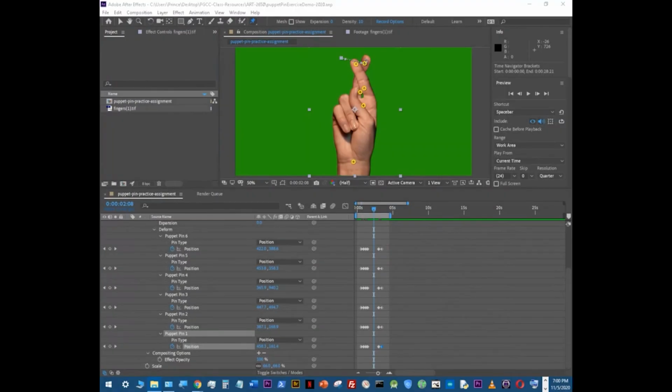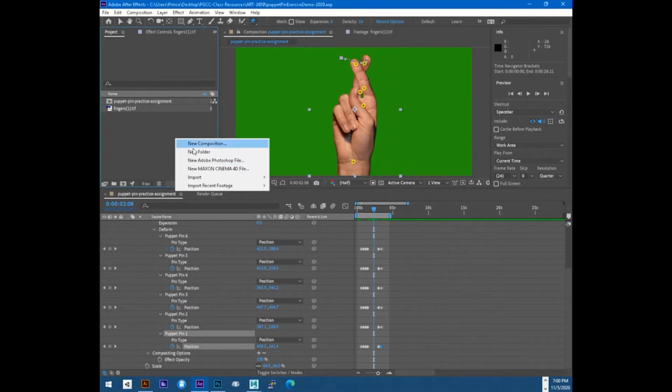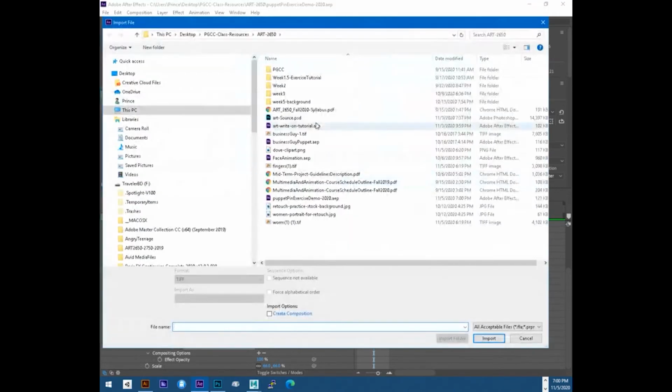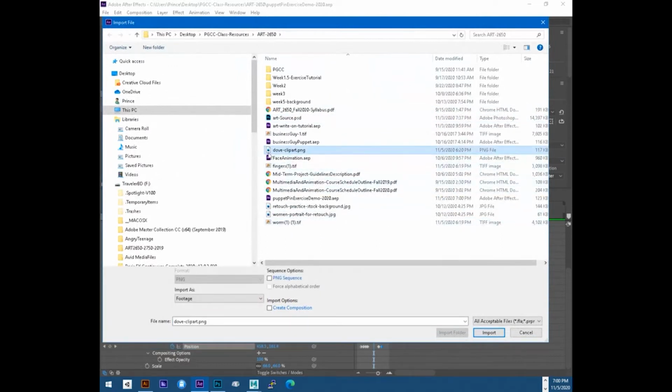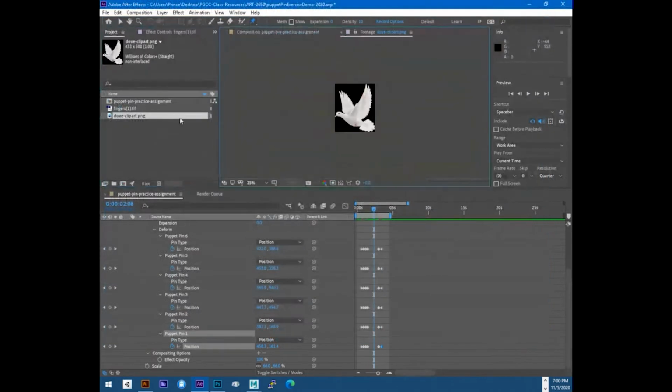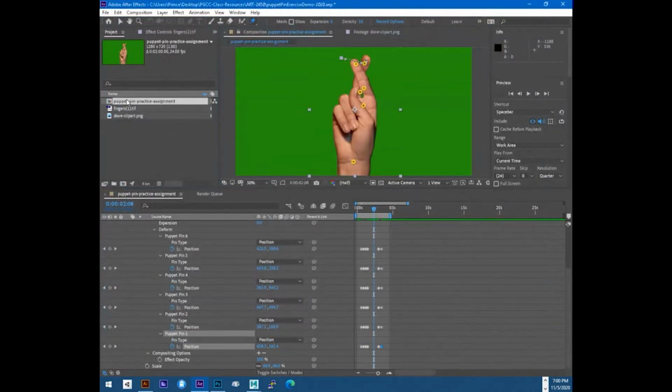So this gets a little bit harder and harder each time. The next one I'm going to show you is the dove. So again, we're going to import the dove just like we imported the other finger. So I'm going to import the dove as a footage. Import. If I double click on it, that's what the dove looks like. I'm going to go back to my